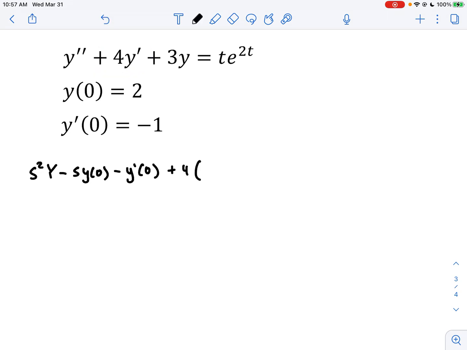So we have plus 4, and then I'll use some parentheses. The Laplace transform of y prime is s times capital Y minus little y of 0. And that all needs to be multiplied by the 4, so I'll put that in parentheses. And then plus 3 times the Laplace transform of y, so plus 3 times just capital Y,